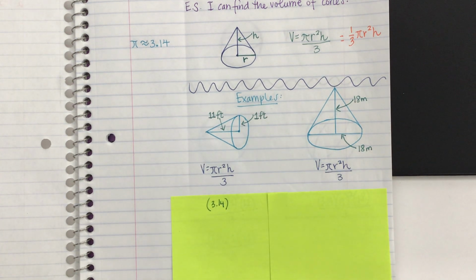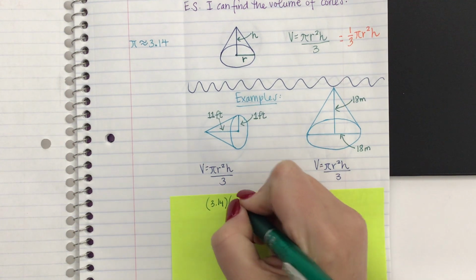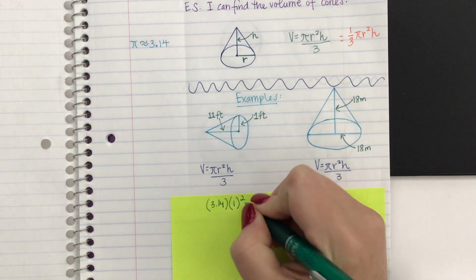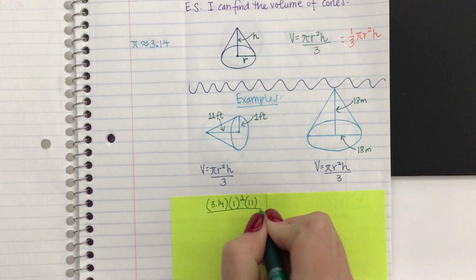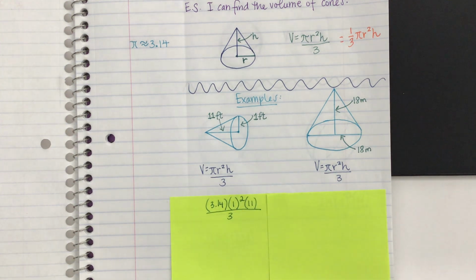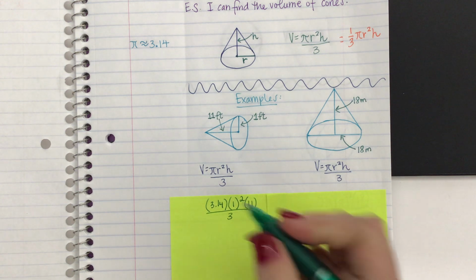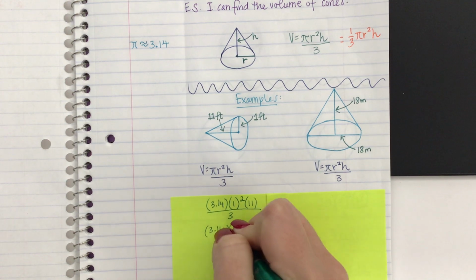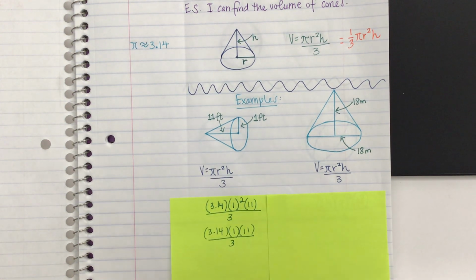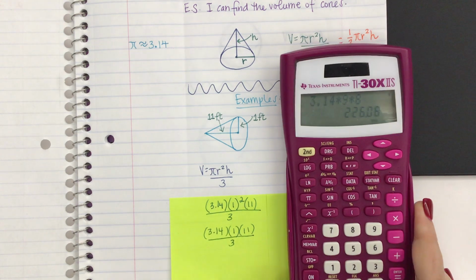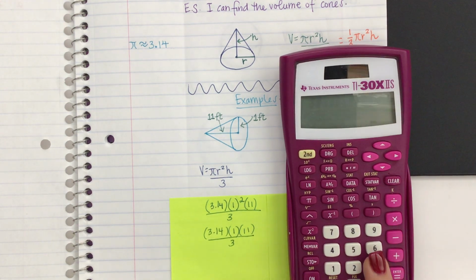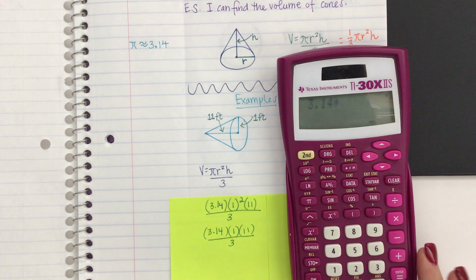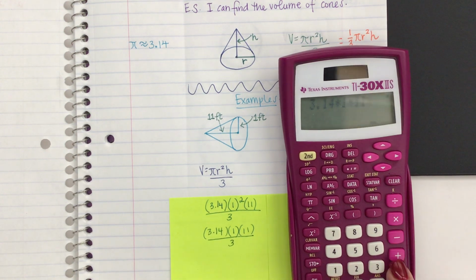Now looking at my radius, the radius is the number inside the circle, which is 1 squared. And I know my height is 11. And then I have to divide everything by 3. So I have to get rid of the exponent first. So 1 squared is 1 times 1, which is 1. That's pretty simple math right there, divided by 3. I'll have my calculator over here just so we have it. Then I have to multiply it out. 3.14 times 1 times 11 is equal to